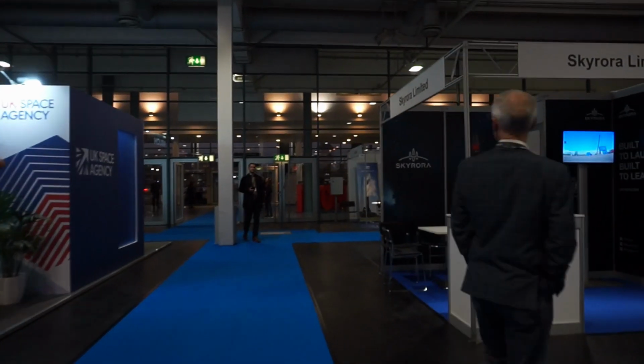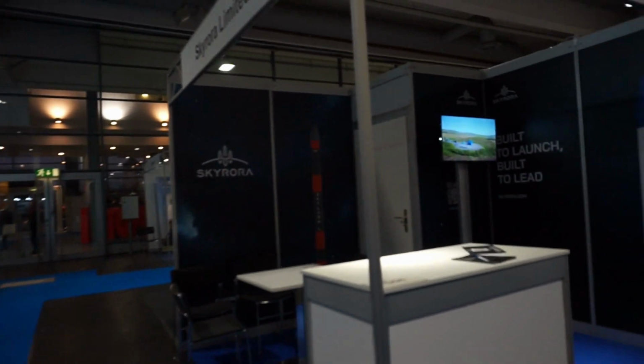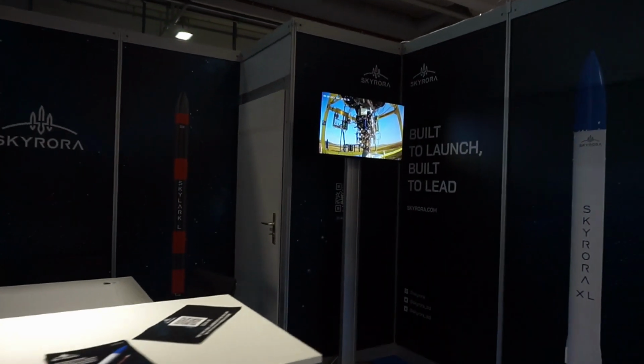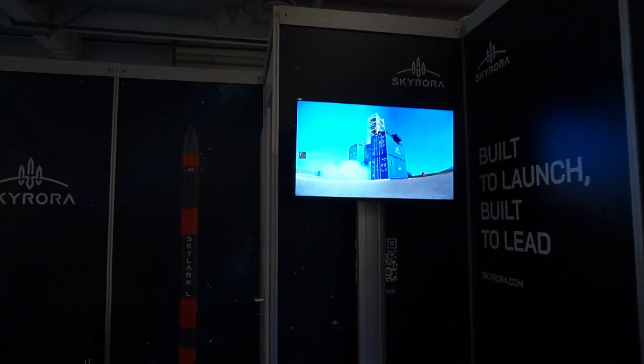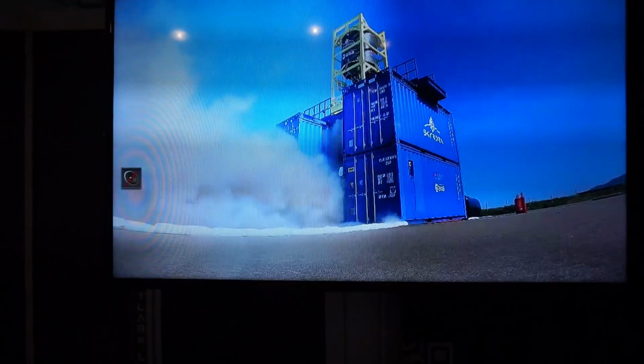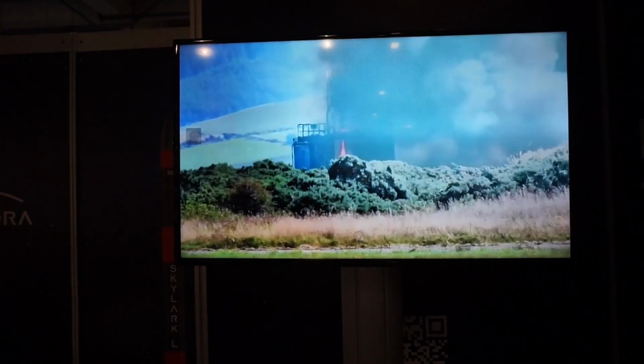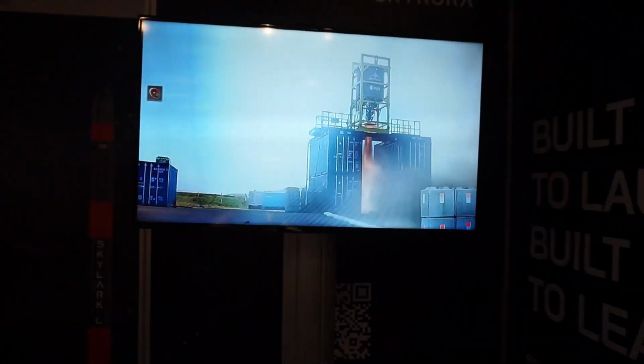This is a rocket that is going to be launched in the UK, and they're using hydrogen peroxide as their oxidizer. So it's going to be like a cheaper launcher for the UK, and it's probably going to be the first rocket that will launch out of the UK that's a UK rocket that was not built by the government. And then here,